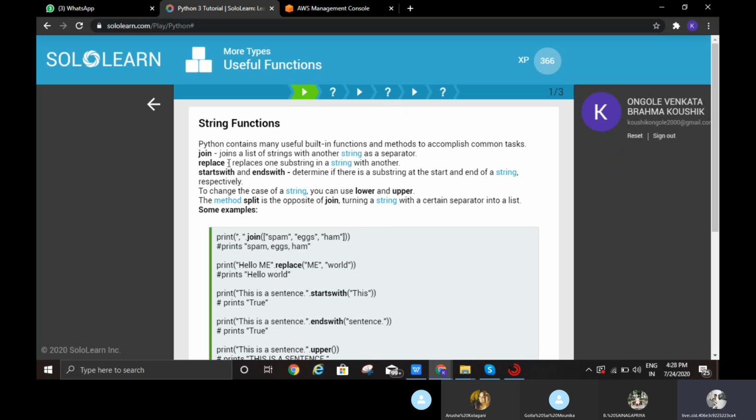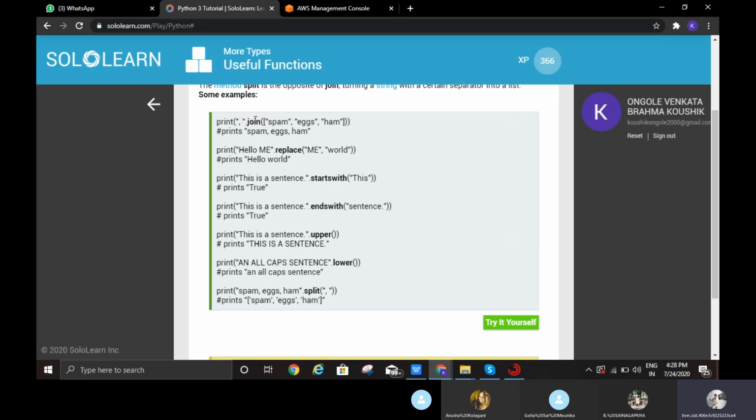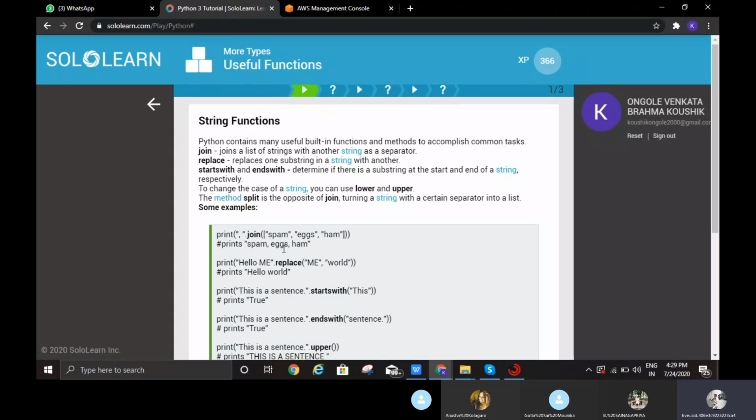Join means we can join the separated list of strings with another string. In this example, print the join of spam, x, ham. In the result, it gives spam x ham. It joins the strings.